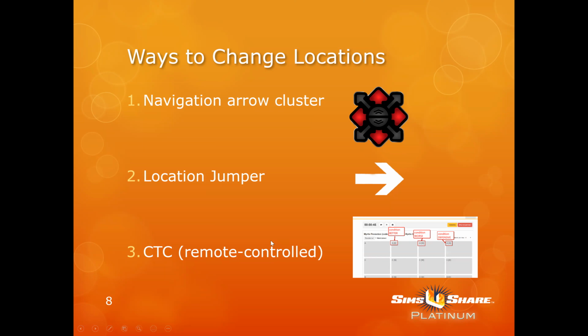The way that a participant will navigate is one of three ways. They'll either click on one of the highlighted arrows, or they can use a keyboard shortcut. If you look on your keyboard, if you have one now, you'll see the